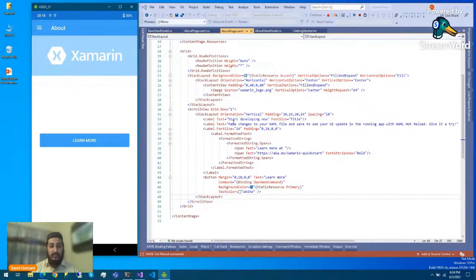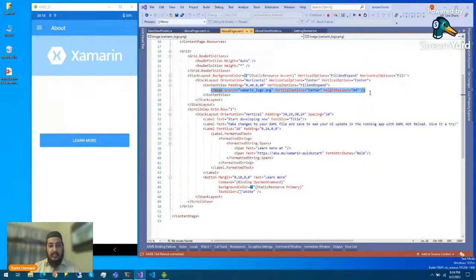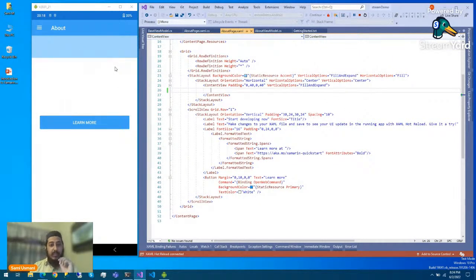Next thing is that in newer versions of Xamarin.Forms, we have hot reload options in our application. Just like that, if I remove this image, you can see that it will be updated in some time. And you can see as I removed this line of image, the image was removed from the application.